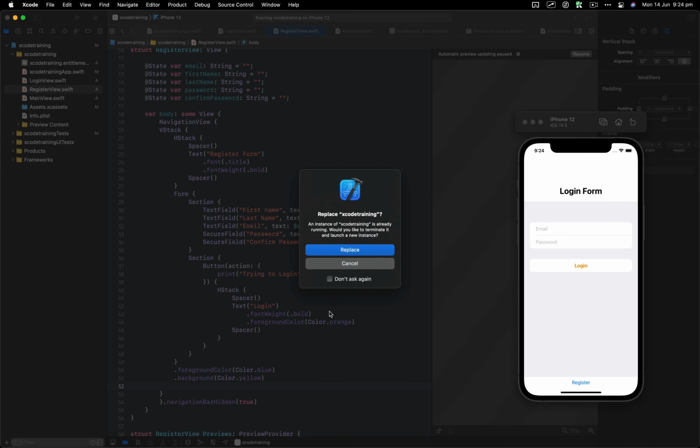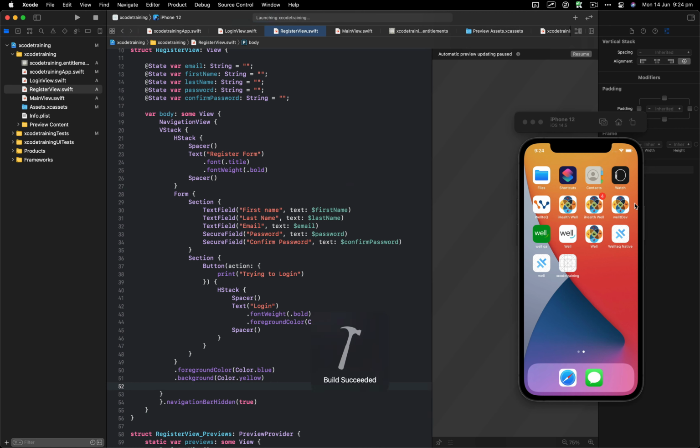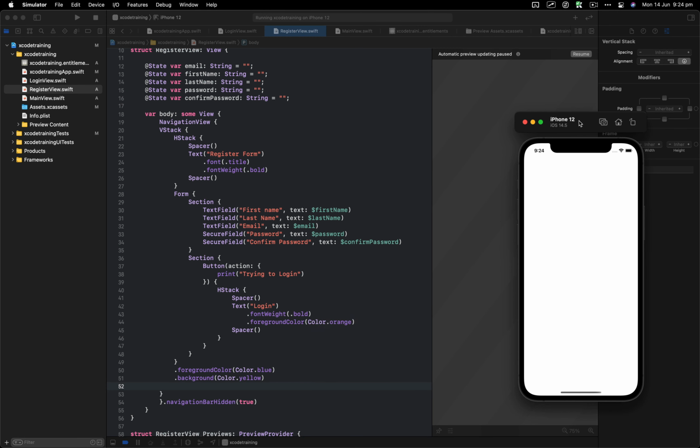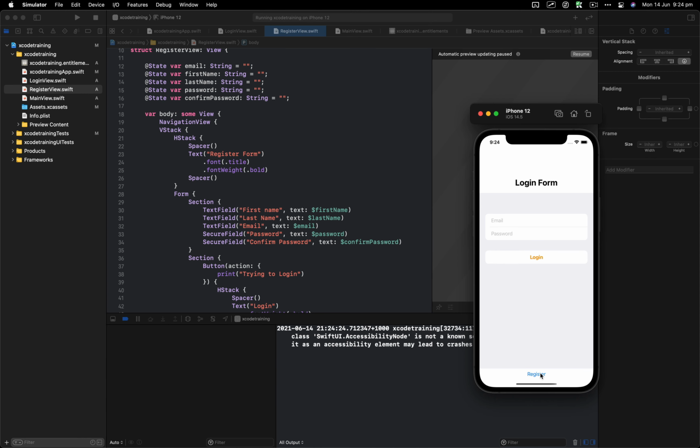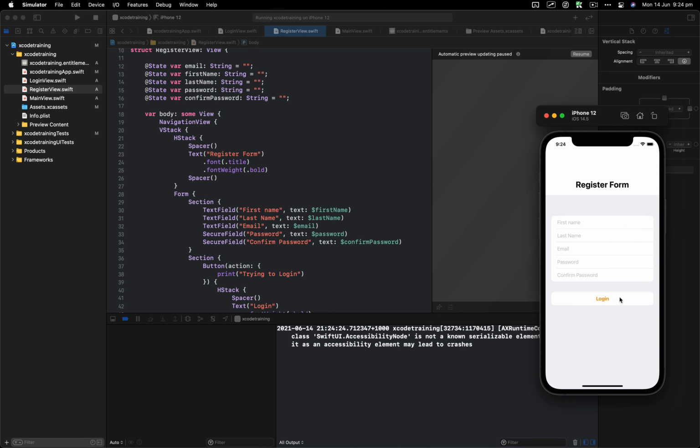I'm going to run the application, click on replace, and once our application is compiled and running, we will see if we click on the register button and go to the register page, we won't see that back button anymore. So click on that, and there you go. We don't have that back button anymore here. Now there's no way we can go back to the login page. And the way we can do that is by clicking on a login button, which will take us back to